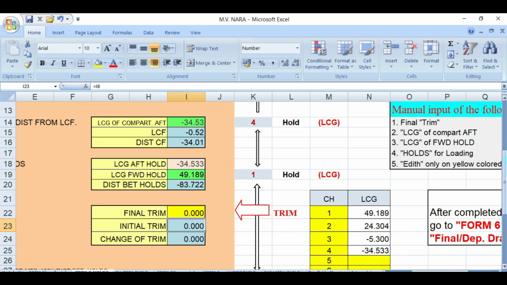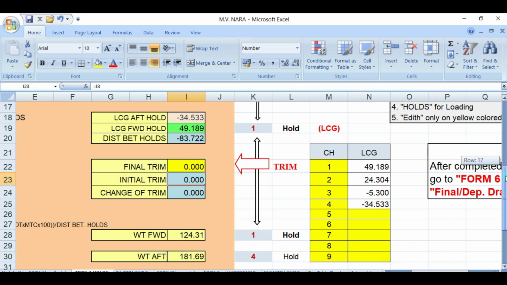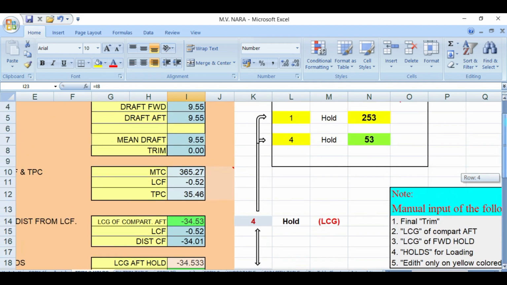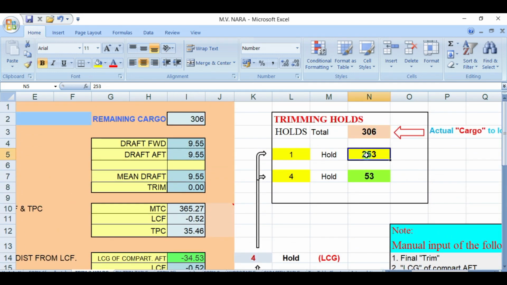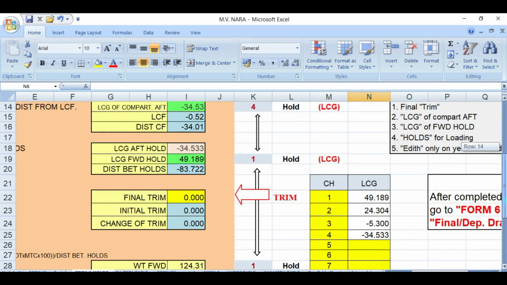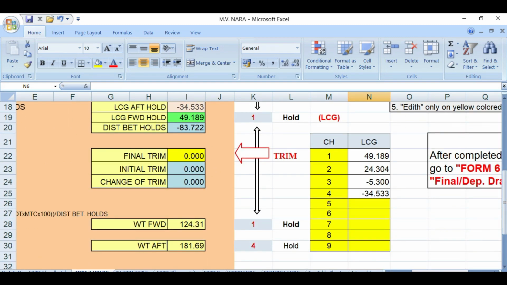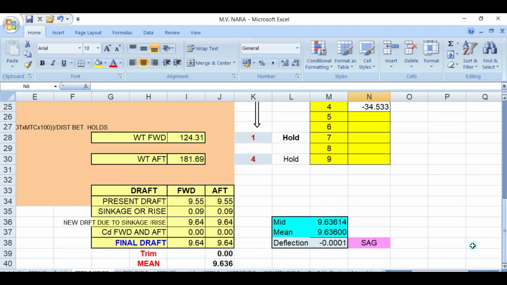And how much would I load in hold number 1? Number 1 will be 124, so I put here 124, and number 4 will be 182.